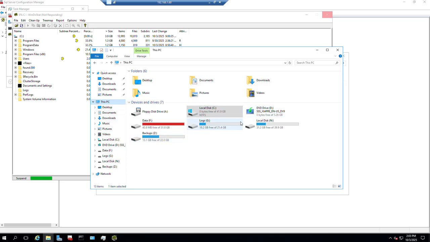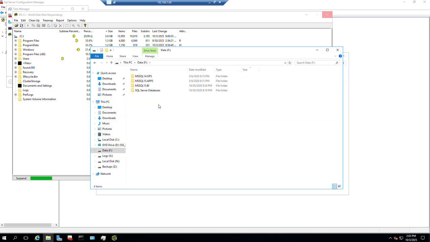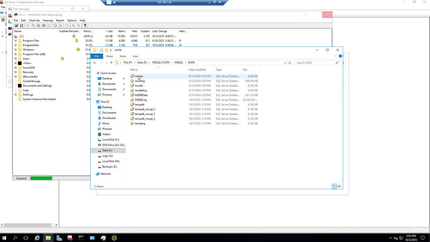While that is doing that, let me go to the F drive. I've kind of looked at this. I've come to the data folder, and I've already seen that the log file for the ops instance is way too big. So what I need to do there is pretty simple. I need to shrink that log,